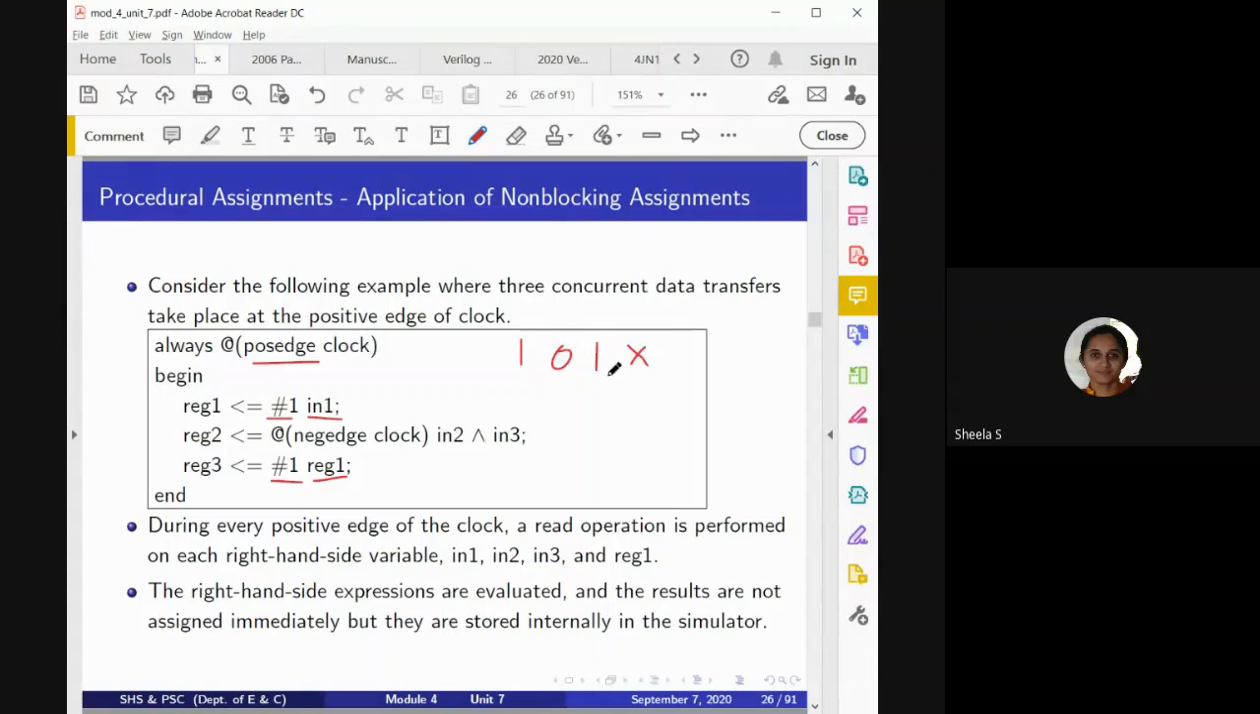So if these are the values read during the positive edge of the clock, here this is in1, this is in2, this is in3, and this is nothing but register 1. Let me write it as R. So these are the corresponding values of the registers and input. Now after complete execution, register 1 will be assigned the value 1 after